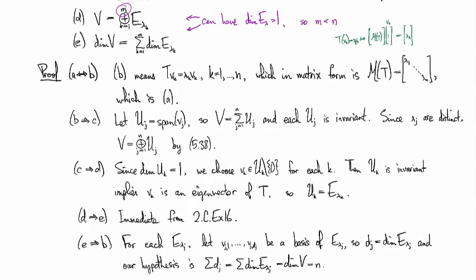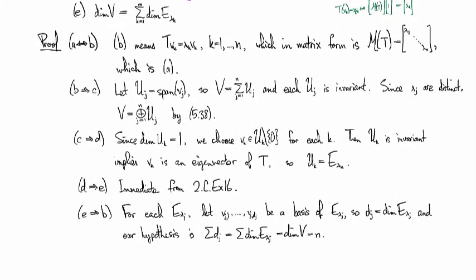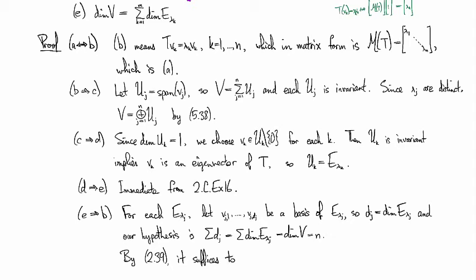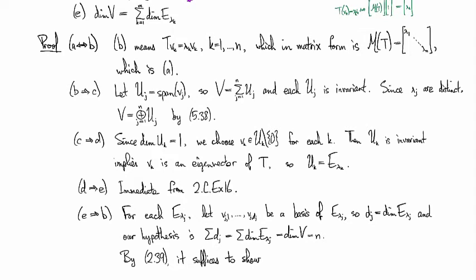So we had a theorem once upon a time, it was 239, that says that if you have n independent vectors, then you have a basis. So it suffices to show that the collection of all these basis vectors from all the different E lambda j's